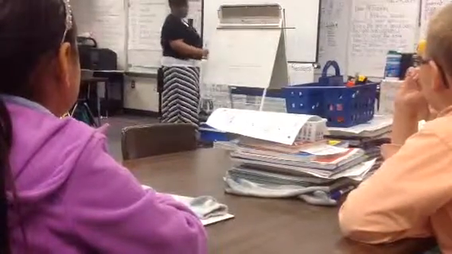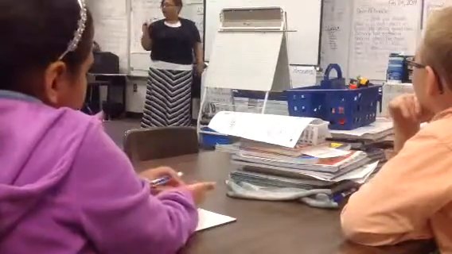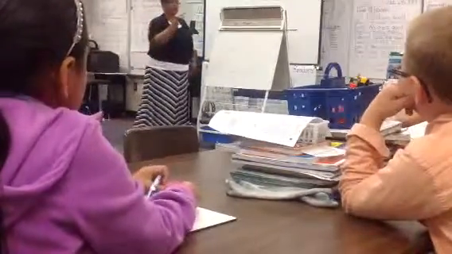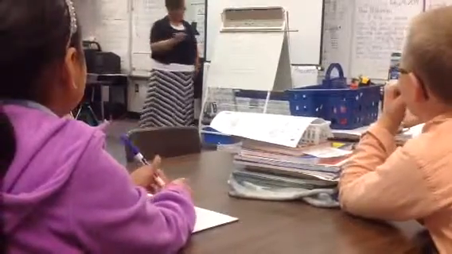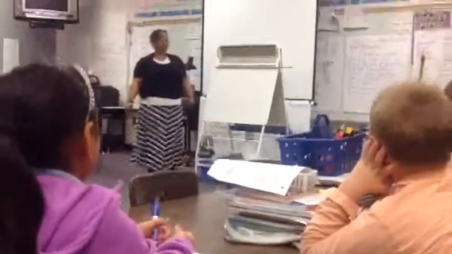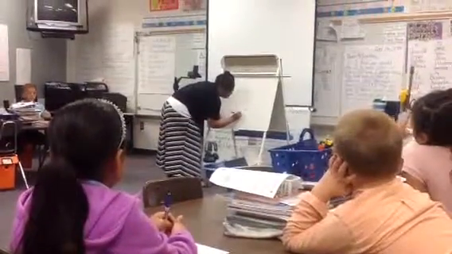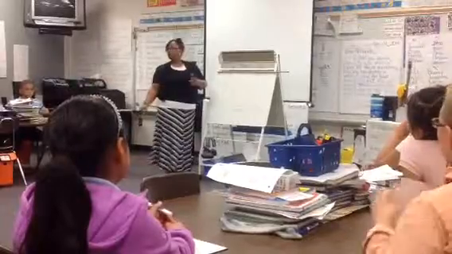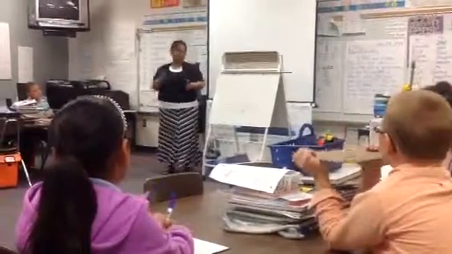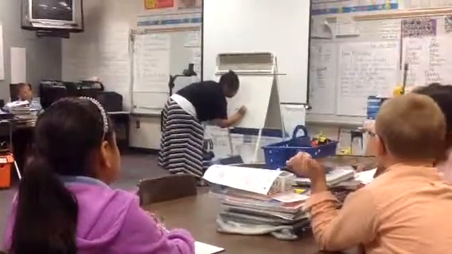30. Okay, so now we need to shift from hours to minutes. Are we going to count by 5, 10, 15, 20, 25, or 30? Jamil said 5. So let's do 5. So 11 o'clock, and then 5 more minutes is what time, Jamil? 11:05. We add 5 more minutes.